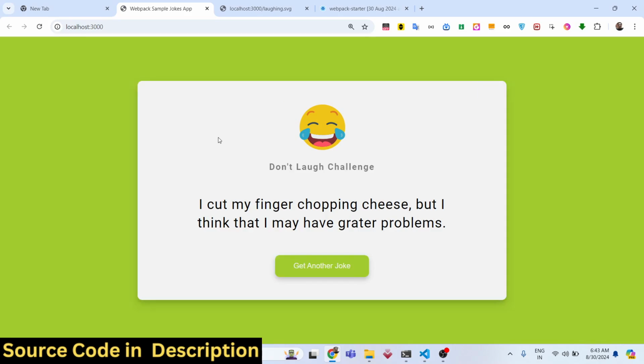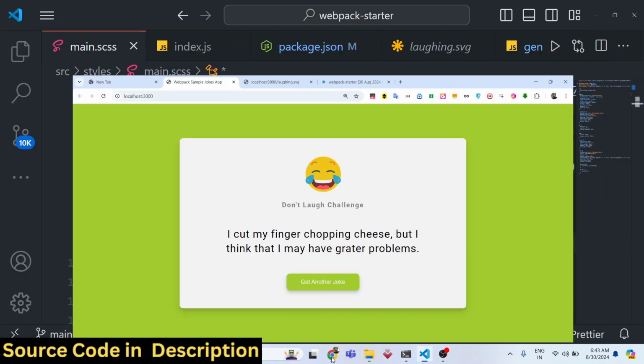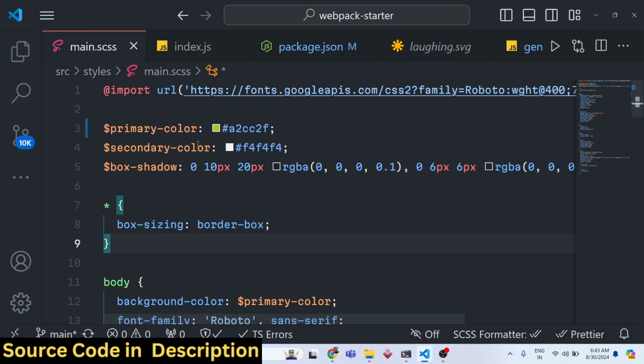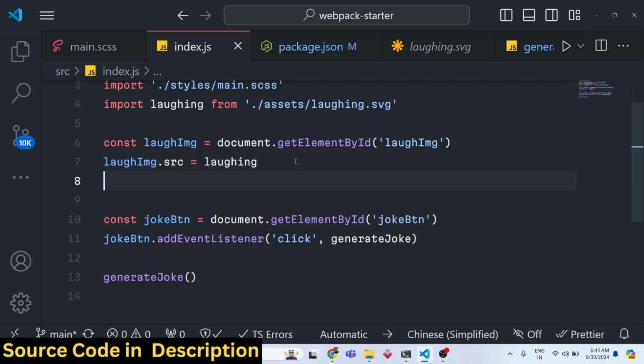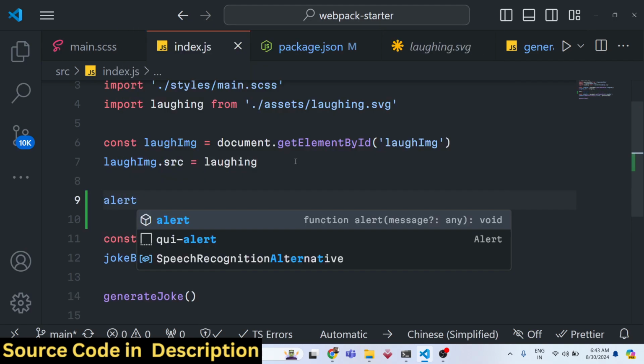So now what we'll see, it will automatically refresh. I haven't refreshed the page, the application has restarted. So you can see I've made a change in my SASS file. Similarly, let's suppose you can add an alert statement